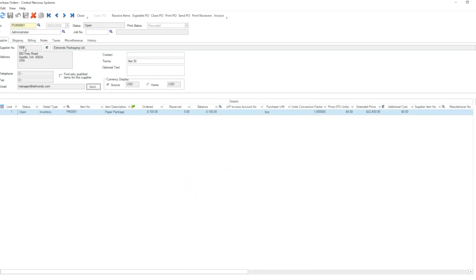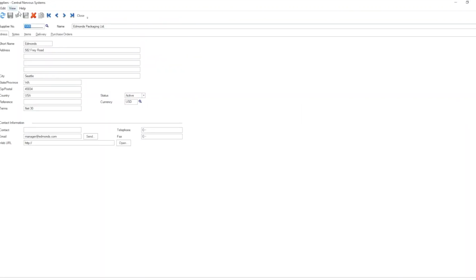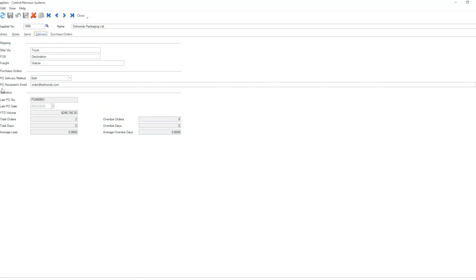On your purchase order, once you select your supplier, there's a drill down button here that you can click and it'll open the master file of that specific supplier. The first email address we have, which might be again the sales manager, is entered here under contact information. However, the second email address that is for the PO recipient's email is under the delivery tab, PO recipient's email,